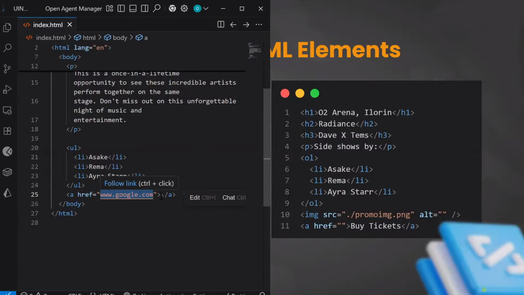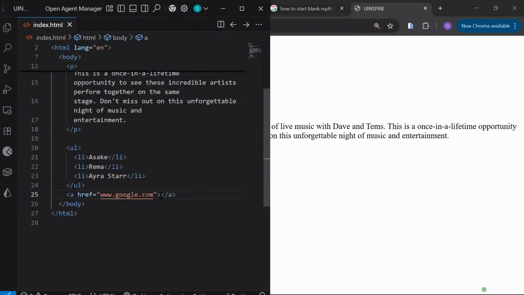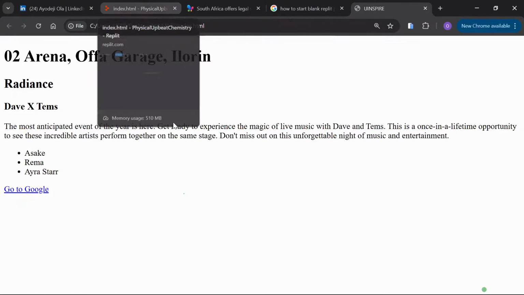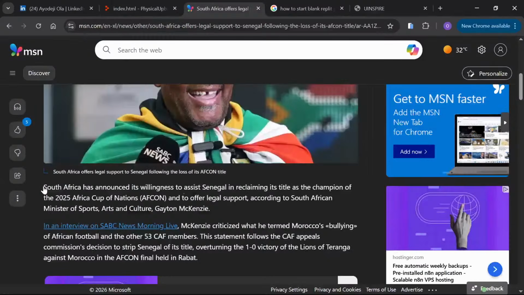All right. So this link here is where we're going to be redirecting to. So you can actually just add text. Okay, let's save this first and see it appears on the page. Let's say go to Google, right? And I save. If I come back here and refresh, we have this text here, and you can see it has been highlighted, or it's kind of blue and has been underlined. So that's the default way links will appear in HTML. If you remember that other site I showed you guys, the link appeared blue and underlined. So if we click on this now, we are redirected to,